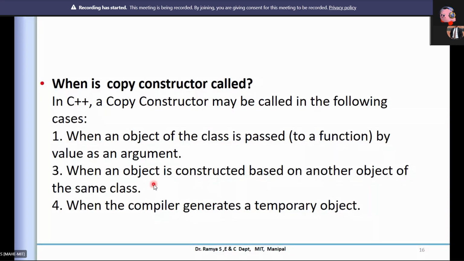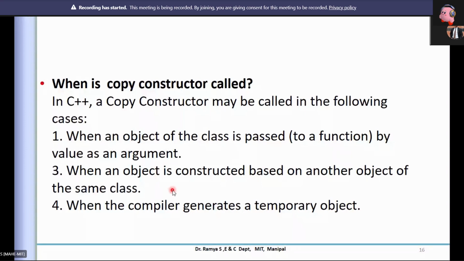That time again a copy constructor is called. Or when a compiler generates a temporary object, this is especially for functions. When I want to create a temporary object, use it within a function and return whatever value I want. These are the places where the copy constructor is called.